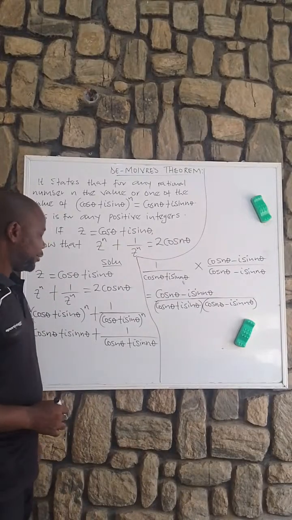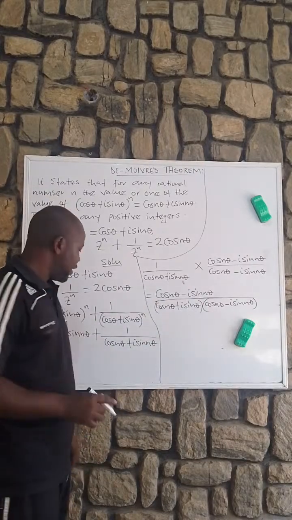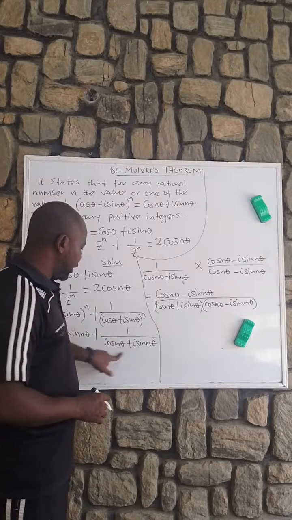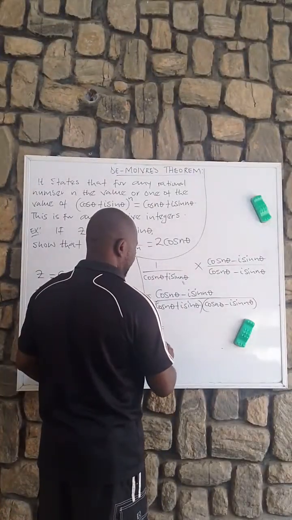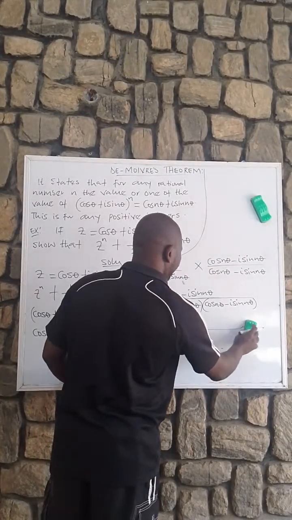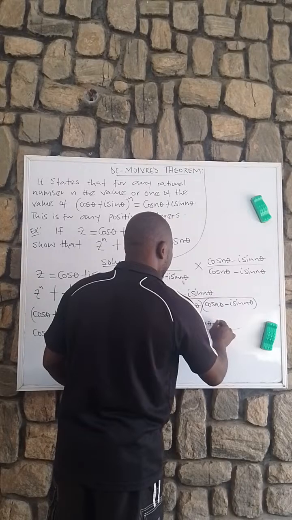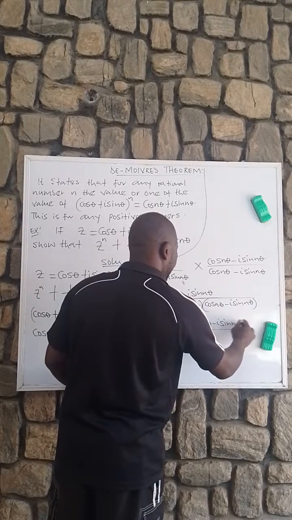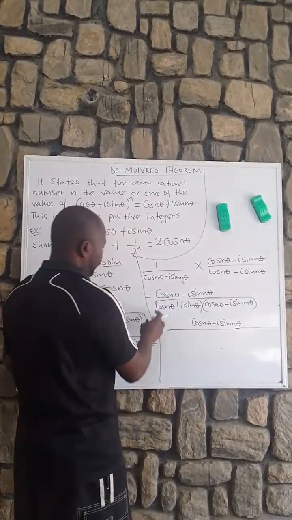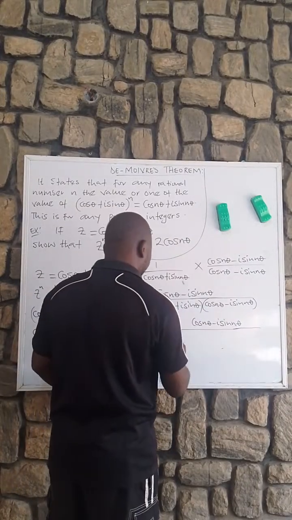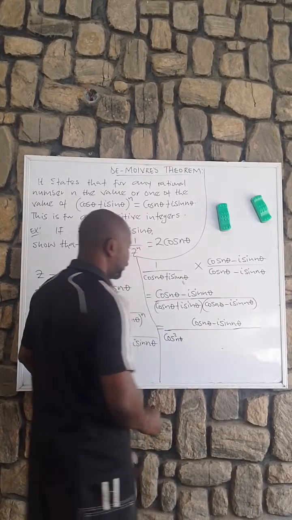We are just trying to evaluate this, and this is how you are going to evaluate it, because the denominator here is a complex number, true or false? It's true. So this will now be equal to, let's first consider the denominator, cos n theta minus i sin n theta, right? Here, cos n theta times cos n theta, we are going to have cos squared n theta, true or false? Then cos